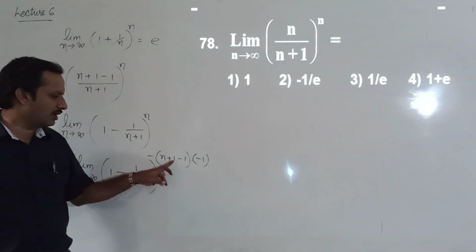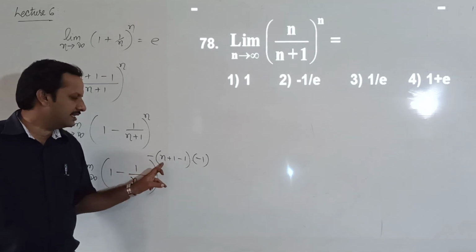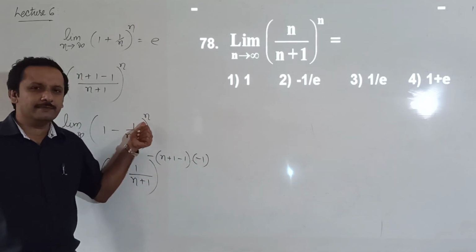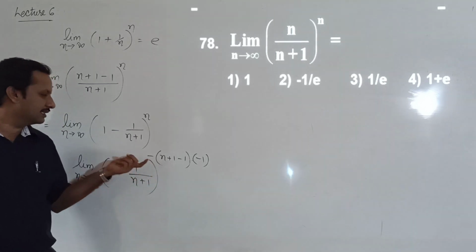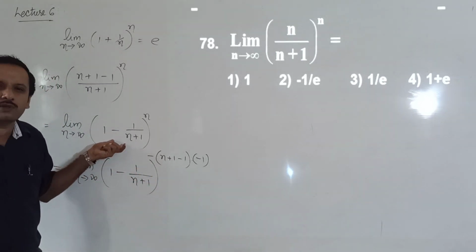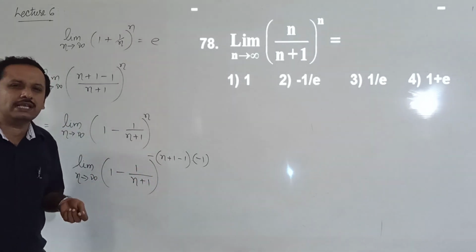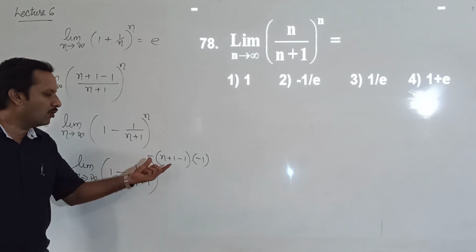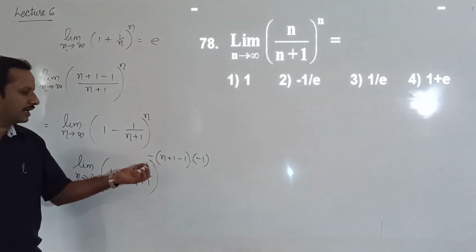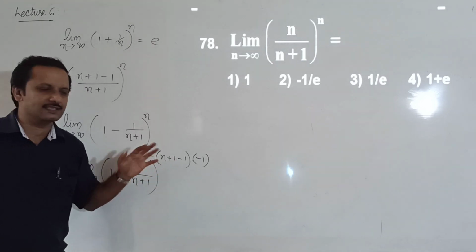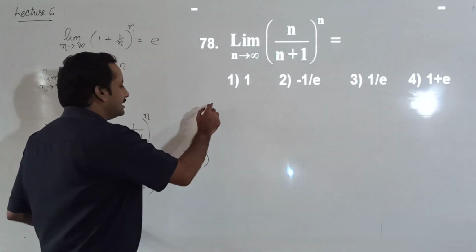On simplification, what do I get? 1 gets cancelled. Minus n into minus 1, you get plus n only. Okay. Then why do I write like this? Because I want, see here you have minus 1 by n plus 1. Its reciprocal is minus of n plus 1. I want minus of n plus 1. In order to get that, I am doing all this exercise here. Okay. That's equal to